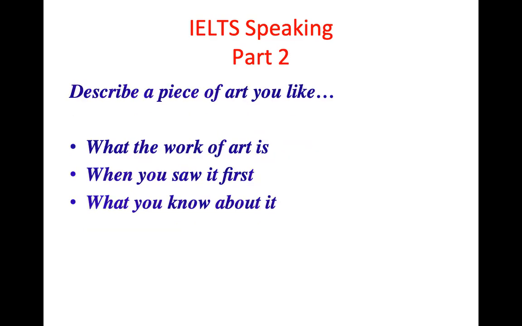In part 2, the examiners are asking you about a topic. For example, if they ask you about art, a piece of art that you like, there are 3 bullet points that the examiner will give you on a task card, or the topic booklet, that we call it. And the examiners will provide you with a piece of paper and a pencil if you're taking the